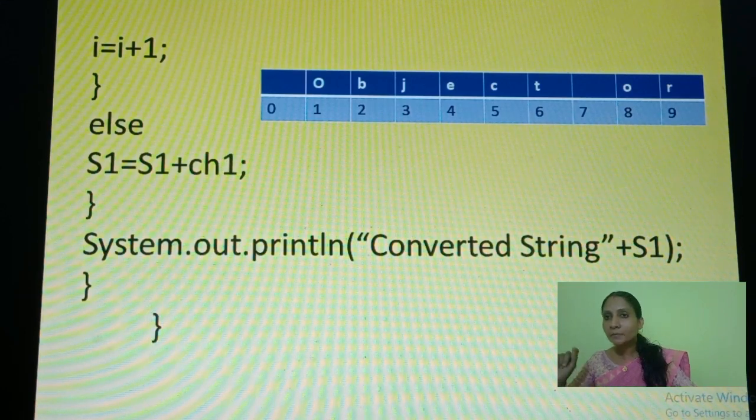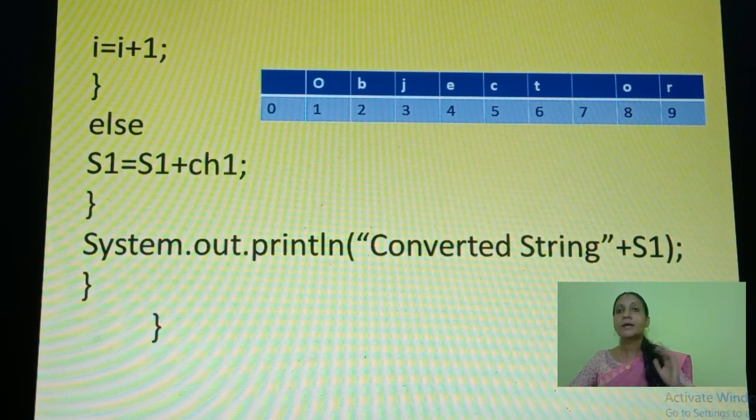Okay, and from the 7th position you will again get a space. If the for loop is operating, from the 7th position you will get a space. Then it will find out using the charAt(i+1) function. We will get the 8th position, O, and we will capitalize it using toUpperCase. This will repeat like that. The process will continue up to the limit. Then at last you will get the full converted string. Then you have to print that new string.